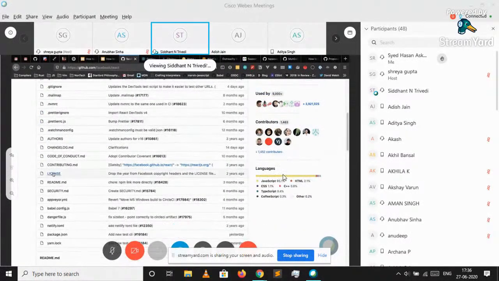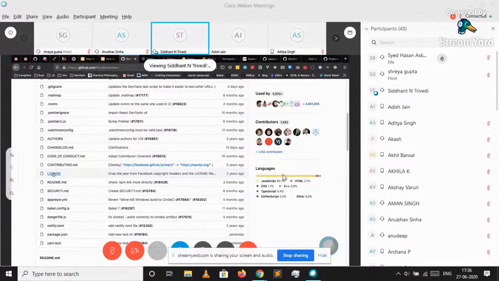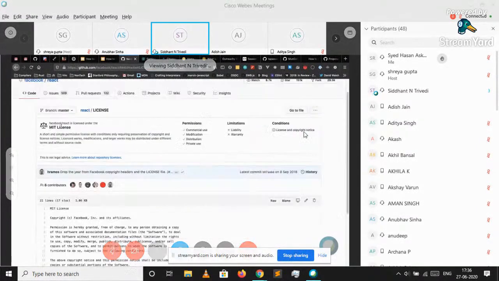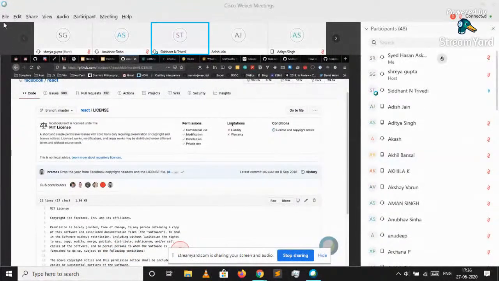So Facebook follows the MIT license. Here you can see there are some permissions and some limitations and some conditions. So what is the use of a license? See, if you open source your project and after